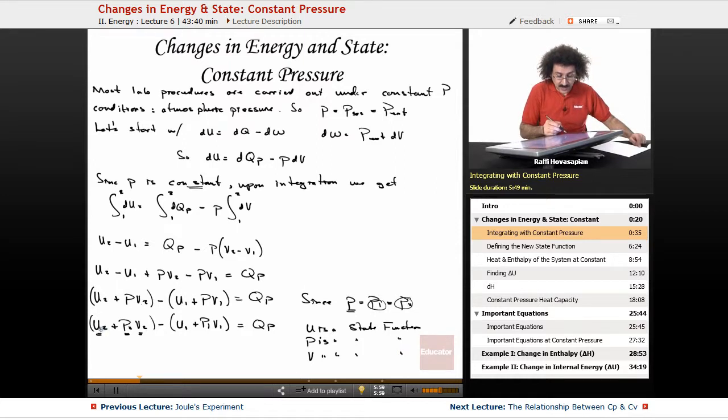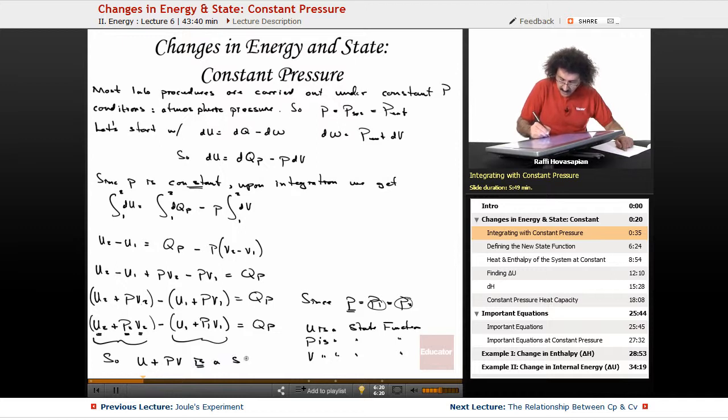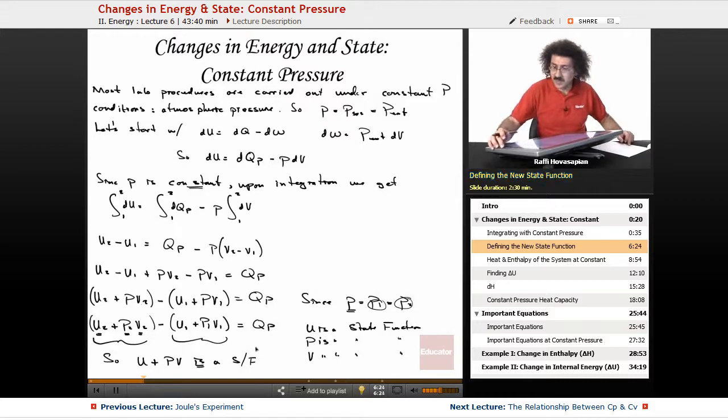Therefore, the product of the state functions P and V is a state function, and the sum of state functions is a state function. So this whole thing and this whole thing are state functions. So this U plus PV is a state function. We're going to